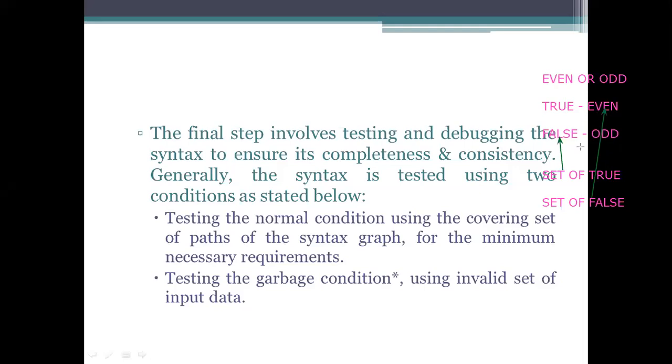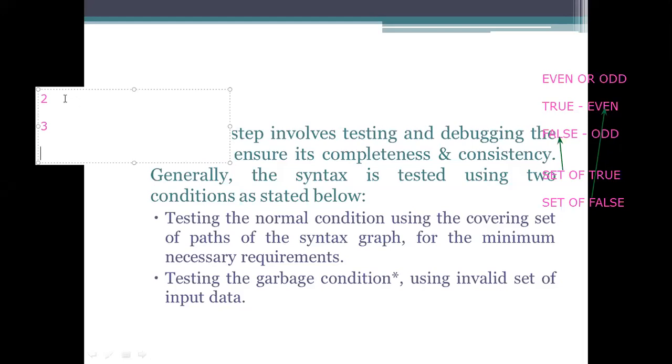If you want to check whether it is even or odd, what do I have to do? I need to give a number. 2 is even. I am giving another number, 3, it's odd. Like that we are getting. So this even number is the correct input for which one? True block.